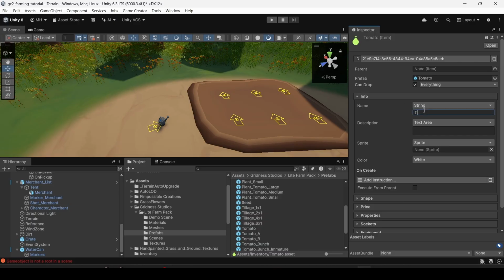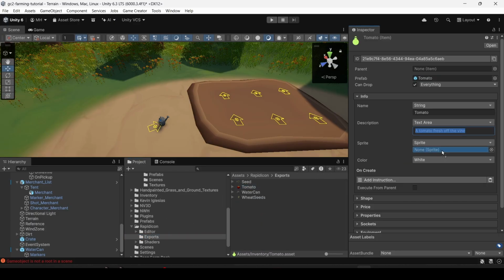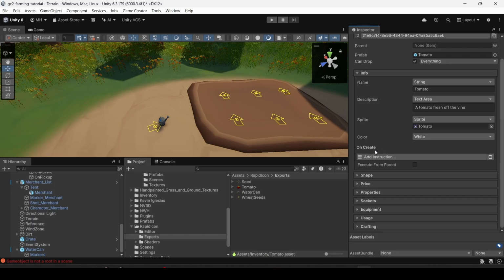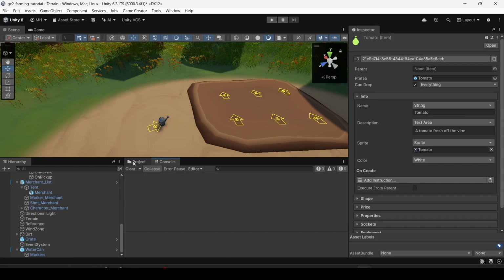And we'll just call it tomato. Right. And then we'll say, let's say 10, max stack of 10. Price, we're not going to sell it to the merchant or buy it from them. So that's done. And then what we need, let's get rid of that,